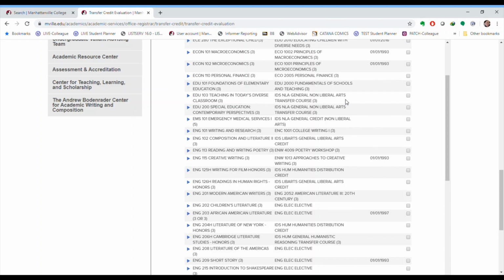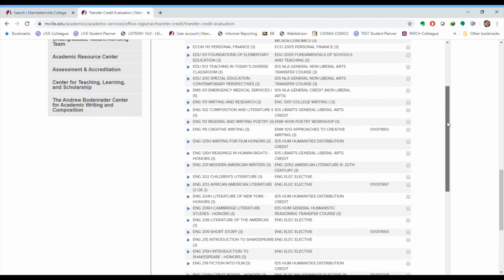That means it can't be used towards the education second major. It doesn't fit in with our general education, and it's not considered liberal arts. This doesn't mean that the course goes to waste, though. Every student needs at least 120 credits to finish their degree. So this class could be used as just a general overall credit to help you reach the 120. So it can be used towards the degree, but in a more general fashion.